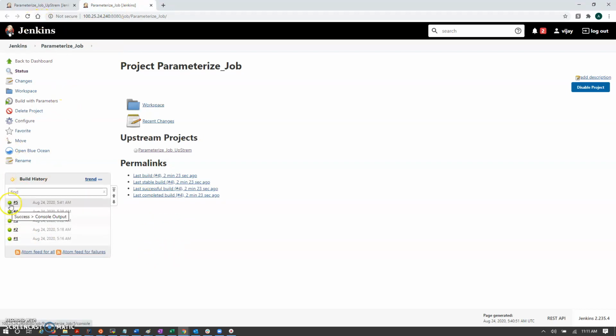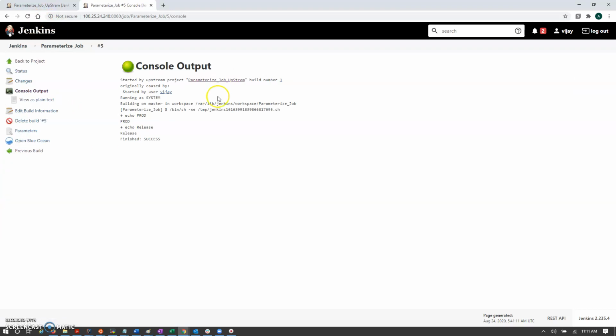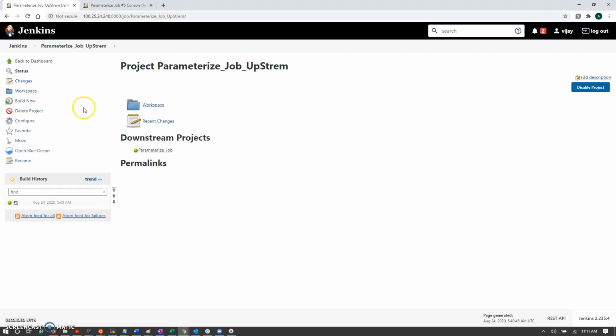Okay, so the fifth job is triggered here, and now you can see what is printed here. It printed prod as the variable which we have passed, and the branch name is release. So this way you can pass the variable used in job 1. You can even take the output of the variable in job 1 to job 2.